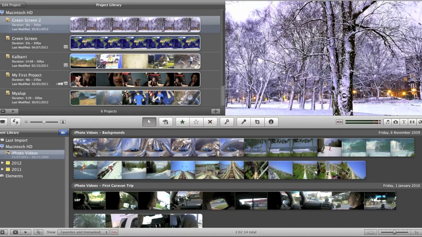Hi guys, this is just going to be a quick iMovie tutorial. I noticed there weren't too many of these on YouTube, so I thought I'd make one and show you the basics of it. Okay, the first thing to do once you've opened iMovie is to go down to this little